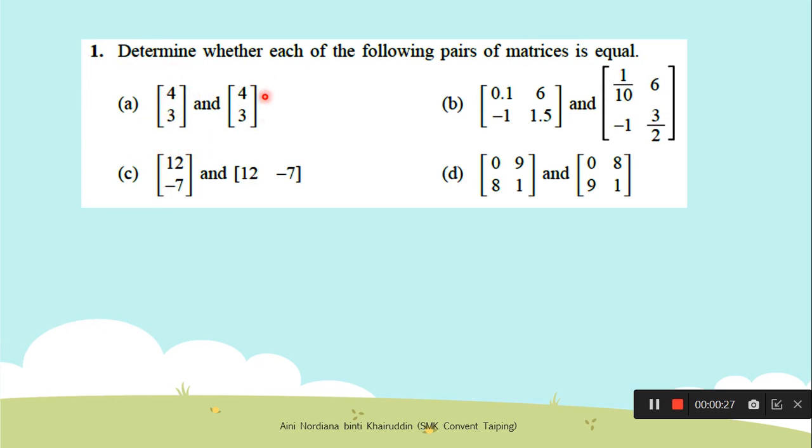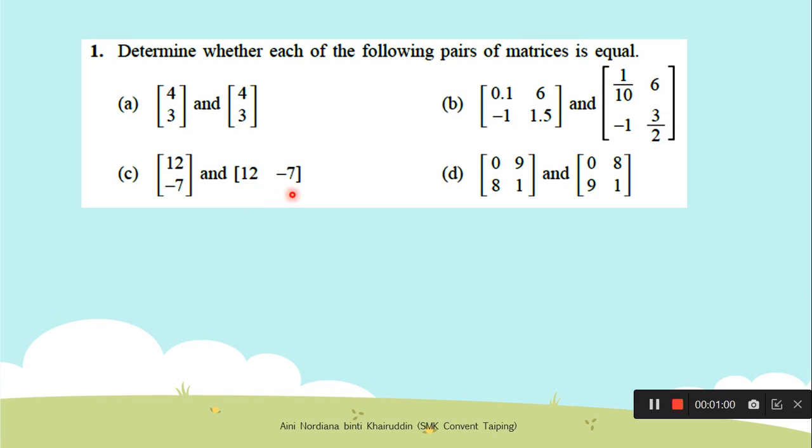Here we can see that this is an equal matrix. So for B, as you can see, 0.1 is actually 1/10. And 1.5 also is equal to 3/2. So B is also an equal matrix. For C, this is totally not an equal matrix because of the